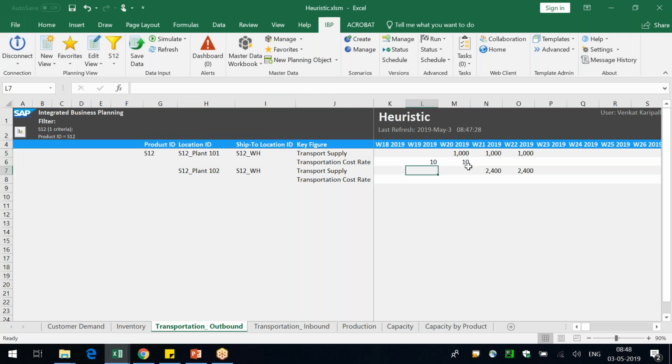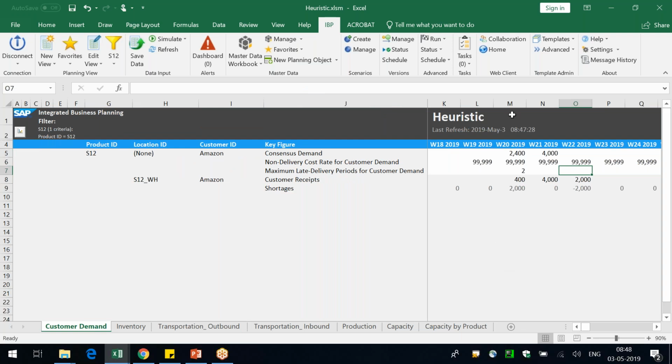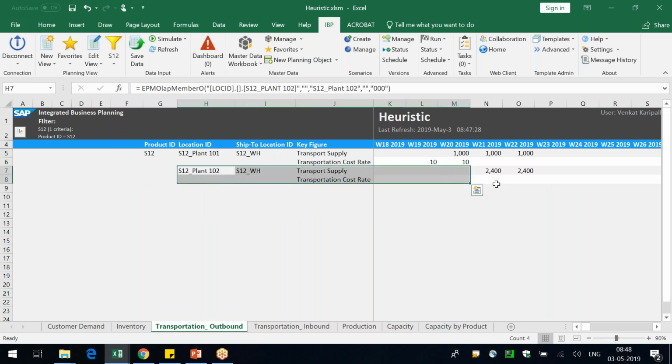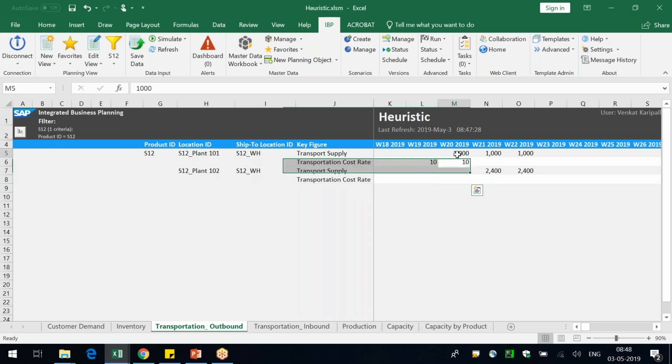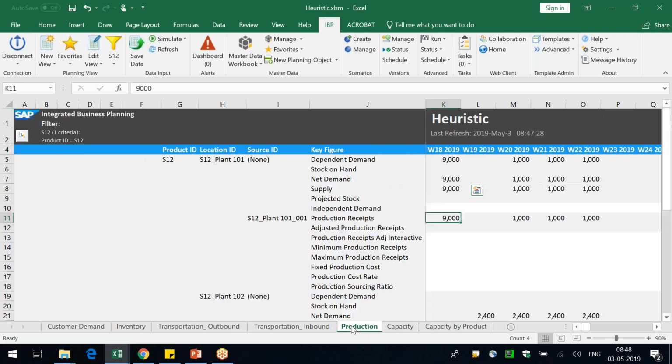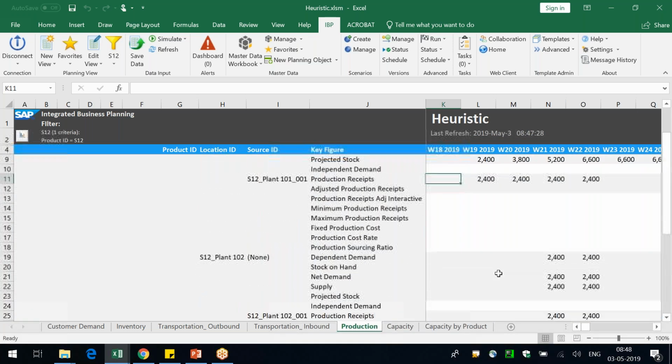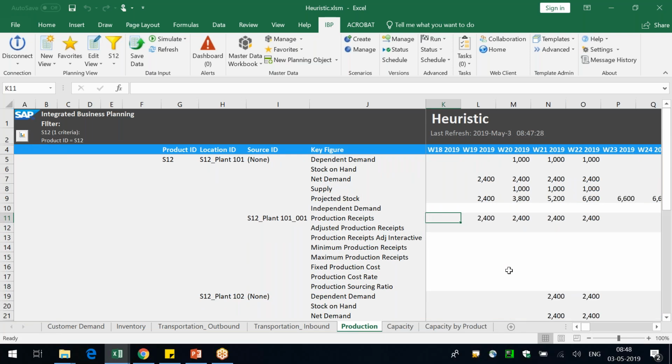So the transportation rate is $10 on week 19. So we are in week 20, right? Yeah, week 22, 400 demand. So it did 1000 in plant 1 instead of plant 2. Why? Even though it is costly, why did it do it here? I'm not sure, one second. Are there any other constraints that we have maintained? I think I maintained the production costs also. That's why it is doing a balance of stuff.